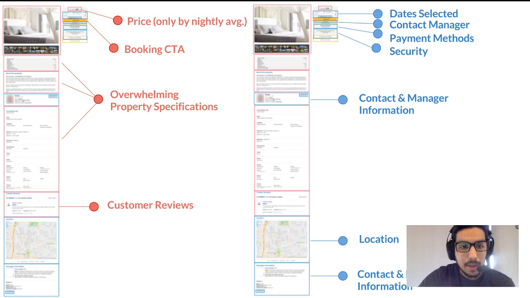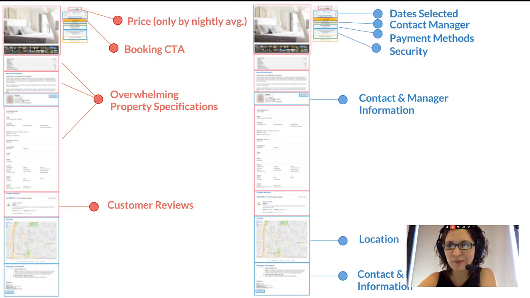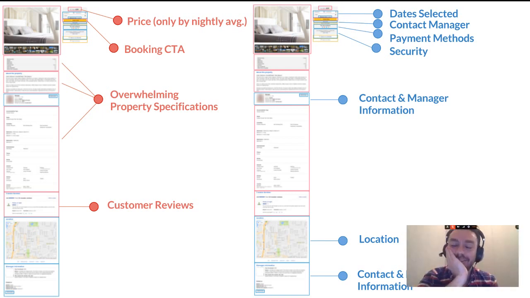So for a secondary element, it's repeated three times, and not even the fundamental elements are repeated that much of the time. So here we can find a problem with the prioritization of the elements. So when you look at this, other than the contact manager information, which is important, it's auxiliary, what else about this layout will you immediately notice when you look at your priorities that makes your eye twitch? So, first of all,